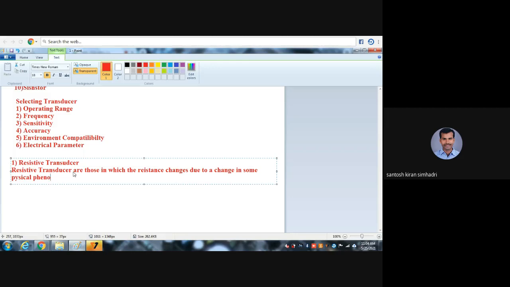Due to a change in some physical phenomena. I think some of the students did good projects in some competitions. In those competitions, you people designed so many projects with the help of these sensors also. That is one of the best examples of physical phenomena. If a person crosses a sensor, what happened? That sensor detects that physical point of view. Same, if you use any tap,